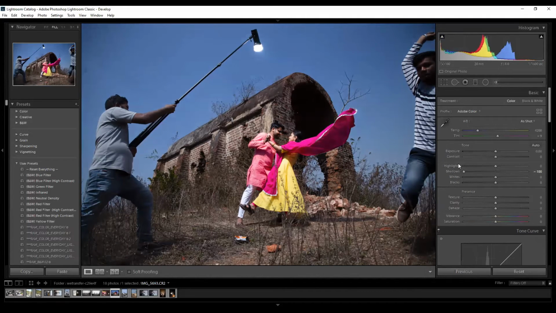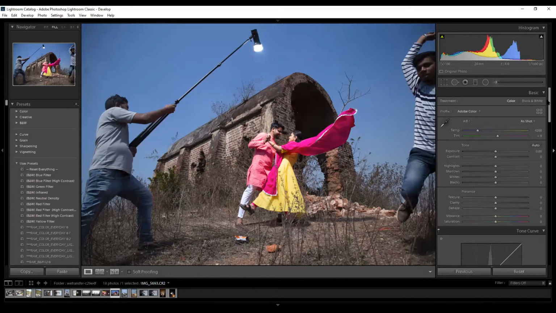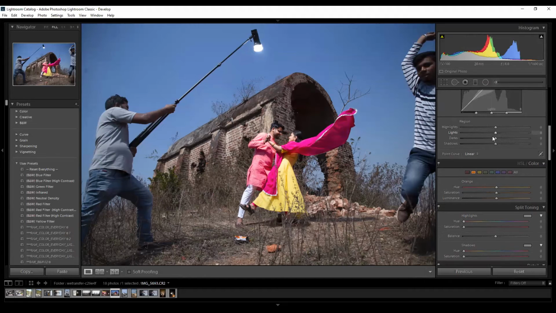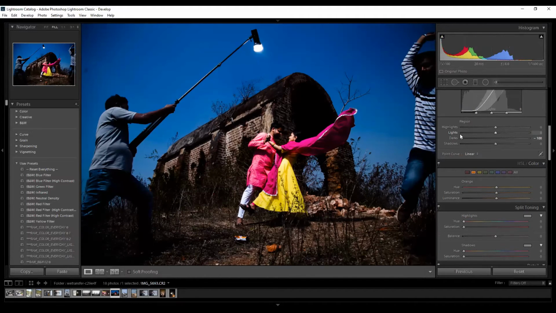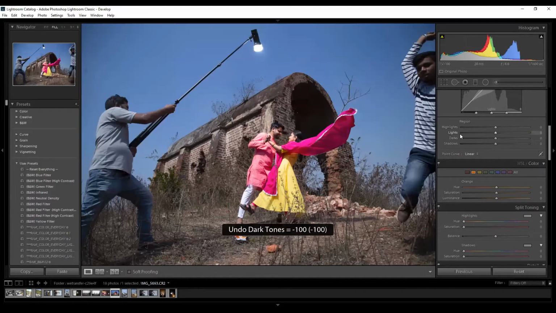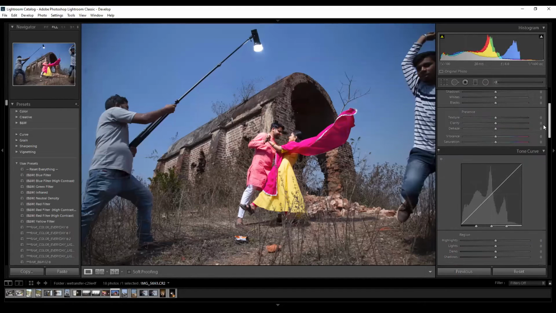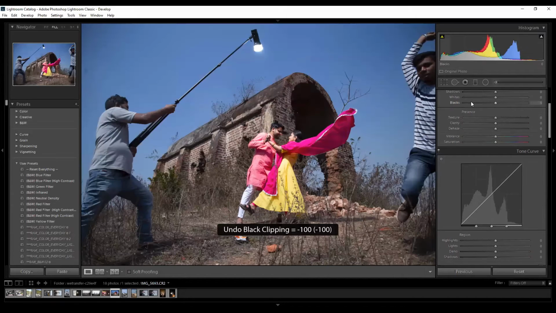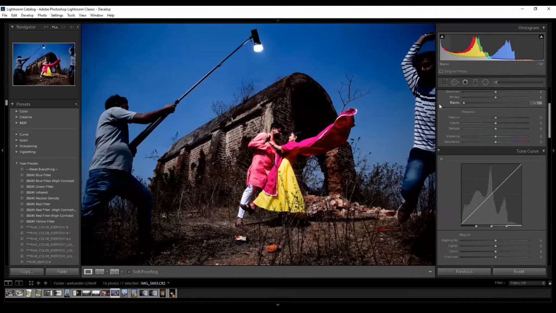It won't reach pure black. Now, if I try to pull the darks over here, it will push it clearly towards black. Now, if I push the blacks over here, it will try to maintain a neutral zone and a color zone.